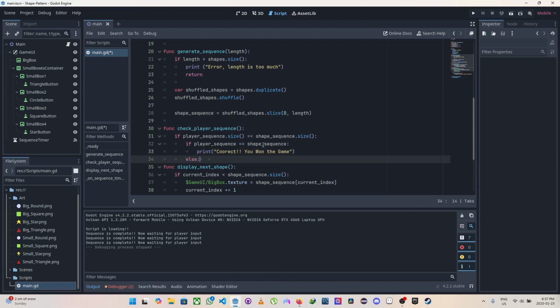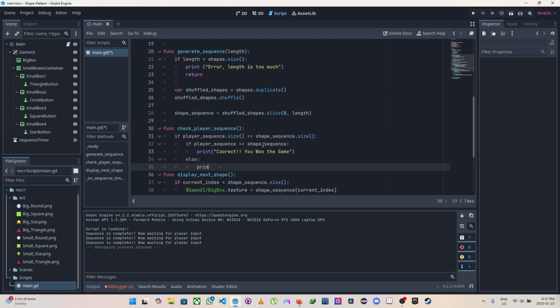Else, which means that it's not correct, print you are a loser. Then, maybe I'll create that later, but we should also have a function that would